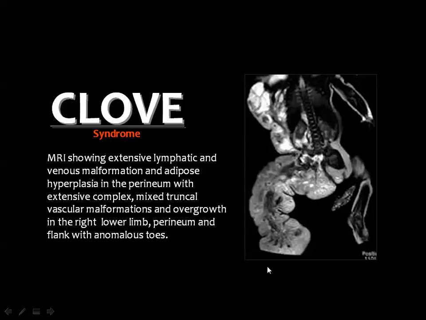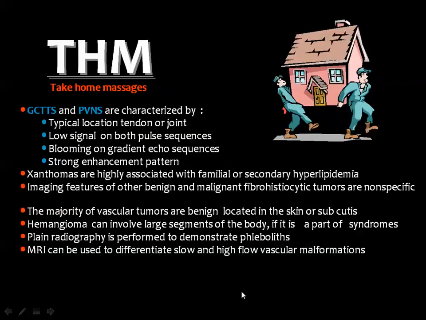This is what we call Glove syndrome. There is unilateral hemihypertrophy of the body as well as the right lower limb because of fat and not because of the vessels or the muscles. Finally, you should know that